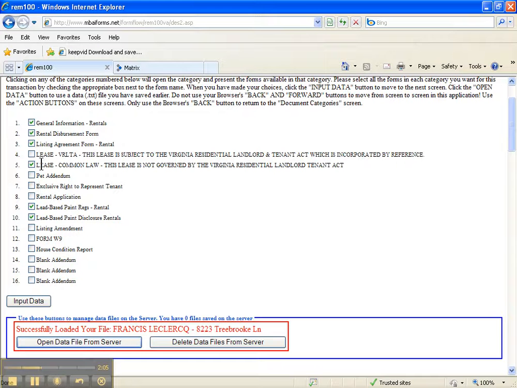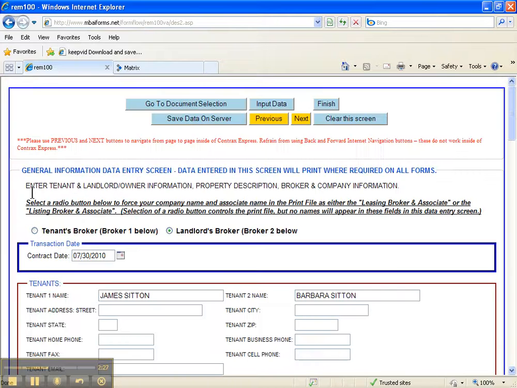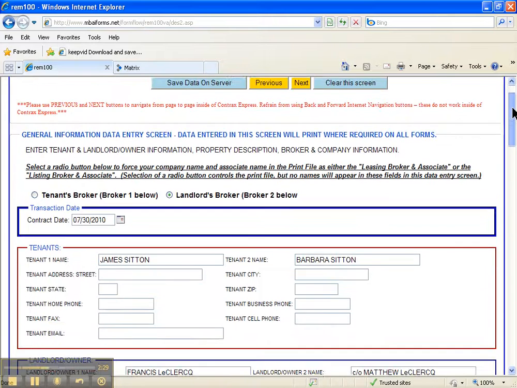Now, I've already done the lease for this one. It's going to be a little bit faster for me if I just have it populated and just kind of show you how we walk through things. But most of the time, unless I tell you otherwise, you want Lease Common Law. So we've got that, and you're going to come down here to Input Data, and then it's going to give you the screens to edit. So go to Edit, General Information, and right here at the top,